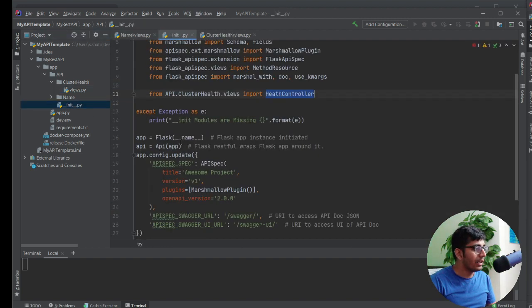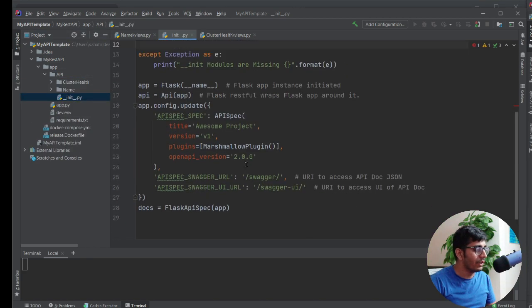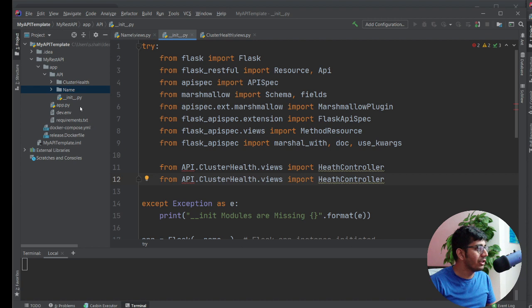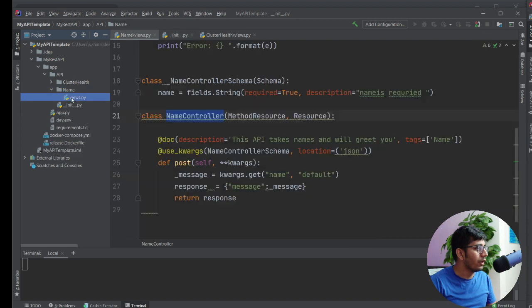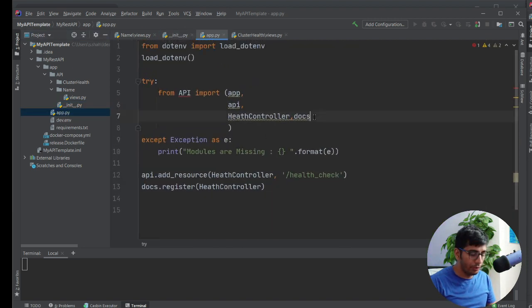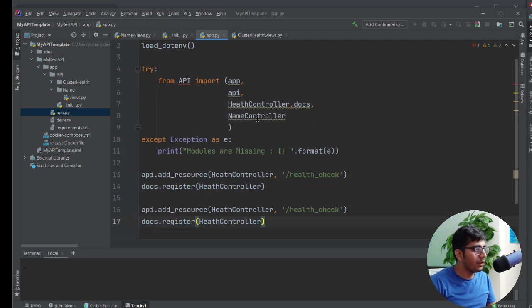Remember, we need to import that in the init file and the outer package. So follow this structure. It would really ease up your workflow, man. You don't have to do anything else. Simply copy this health controller, change the folder name to name, and then of course use the controller. That's pretty much it, man. And in the app.py, we need to import this over here. Simply copy paste name controller. Let's call greet person.